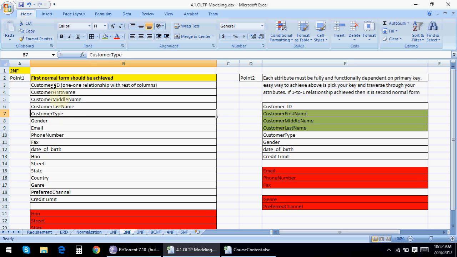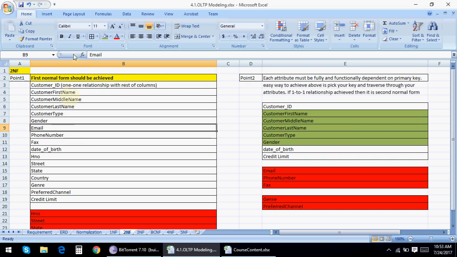So all these values are one to one mapping values. So we can say one customer will have one customer type. So this is again in second normal form. One customer will have one gender. Sure, that is true. One customer can be either male or female or a special gender. So we can still consider this as second normal form.